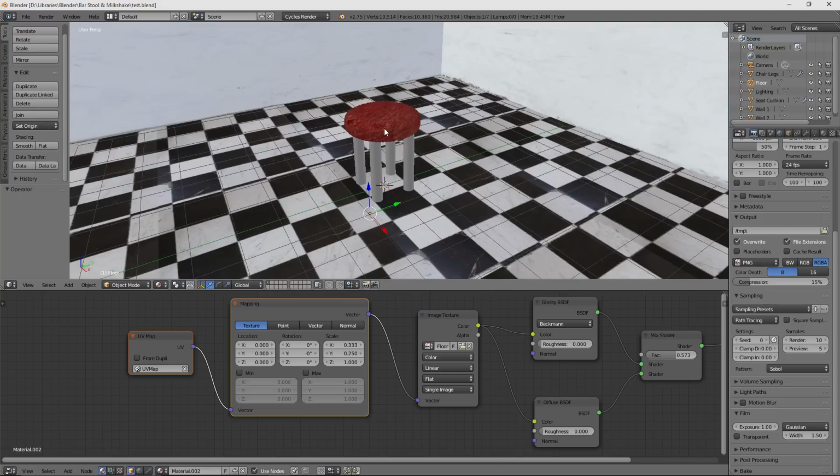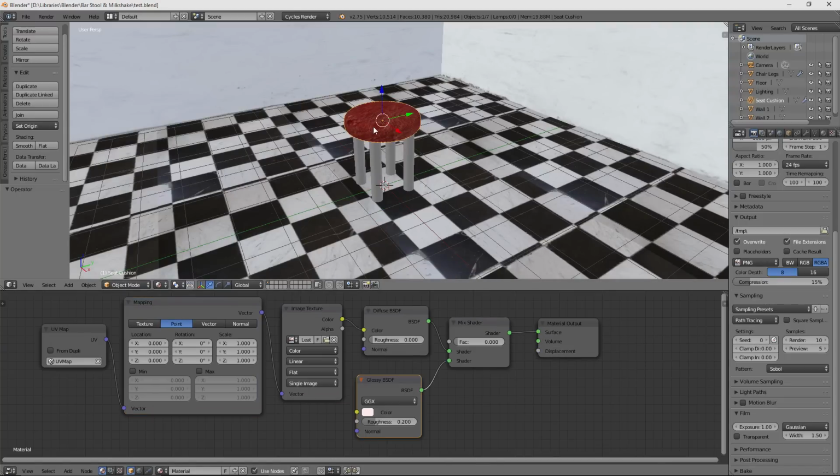Things I want to do are, number one, just want to do a couple of edits on my seat that I made. I had changed my mix shader to 0. That means essentially I'm not using at all the glossy shader. It's literally all the diffuse shader with the textures. So I want to change this back and get a little bit of a gloss on it. I'm going to make it 0.1 so that it still has that gloss on it on the seat.